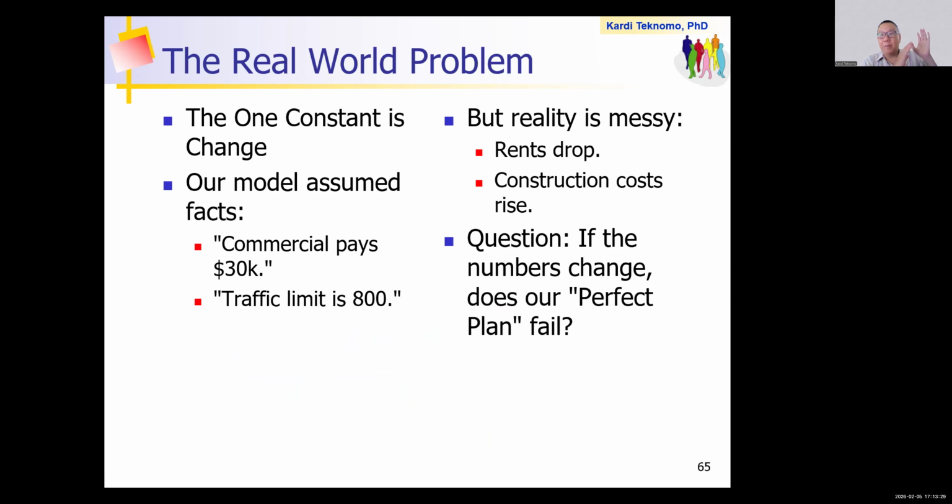Remember, we just built a perfect plan, assuming that the commercial rent will be like 30K, a while ago. And what if the recession actually hit next year and the rent dropped to 20K or 15K? So the question is, do we need to bulldoze the whole city and start over, or is this plan still valid? Our model seems static, but the reality is dynamic, isn't it? There are some changes. So this is called risk analysis.